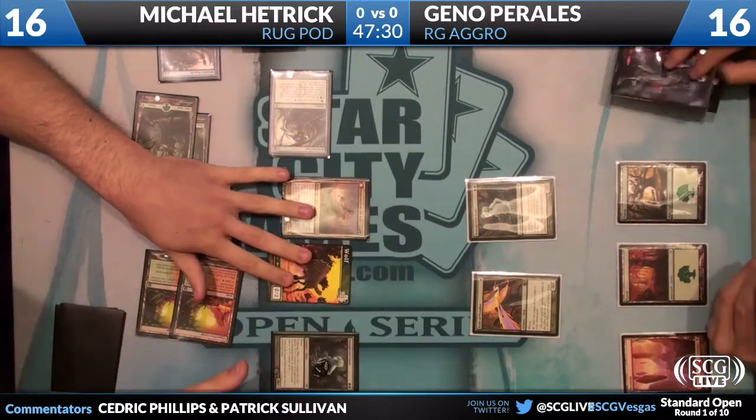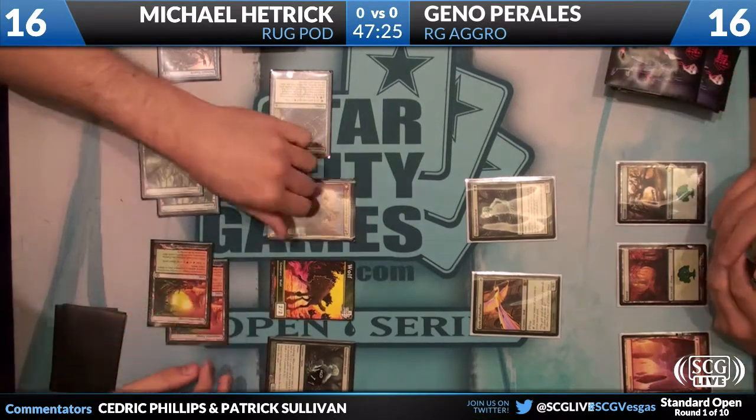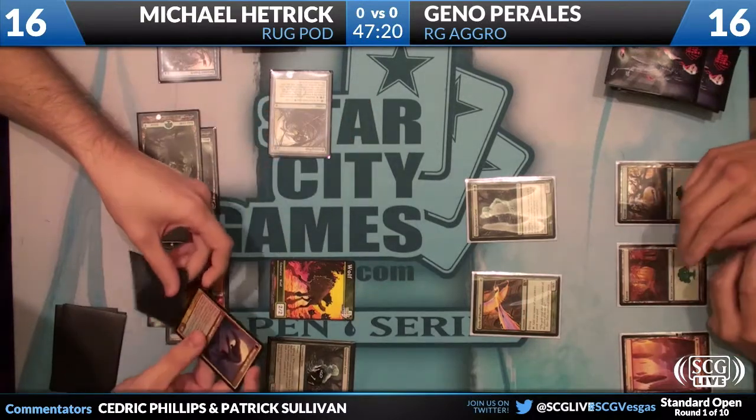Yeah, and that makes sense. Looking at Geno's list, I know you have it in front of you. How many Bonfires does he have access to? He has 3. Okay. Which is also a way that he can possibly break out of...